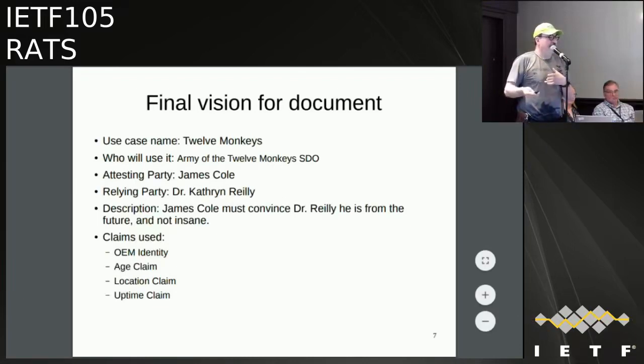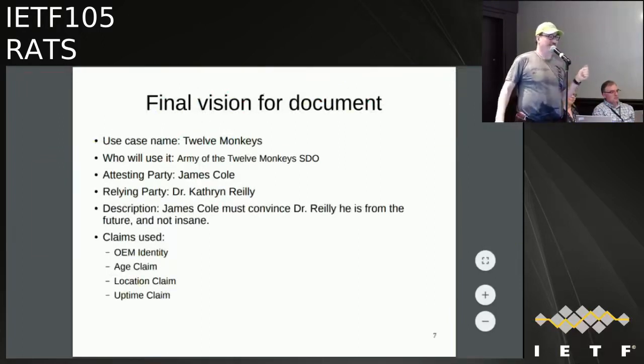So certainly that's the case. There's a use case for computational systems that's motivated by blockchain systems, where apparently they would like to have some kind of attestation that the hardware they're running is real hardware, is no more powerful than a certain thing, and is not virtualized and other stuff like that. But one of the key points is that all of the members are attesting and all the members are relying, because it's peer-to-peer. So that's a lot different than other things, even though it's really about the thing. And actually, maybe the attesting party is actually a third party. That may actually really be the case. Okay.